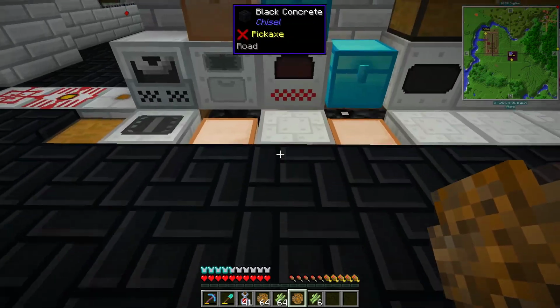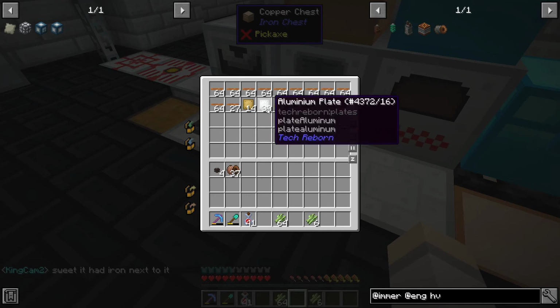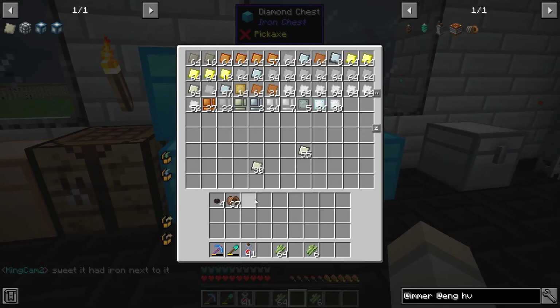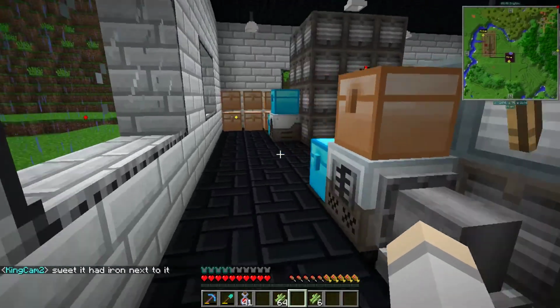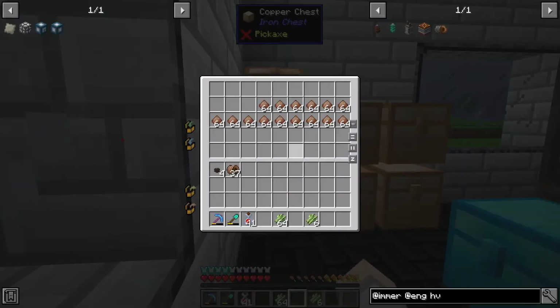Okay, so let's go ahead and get rid of this. We'll just throw this in here. Goes in the auto squeezer. I made aluminum plates. I mean, we've been making aluminum for a while. Nothing new there. Making the aluminum plates was kind of special, I guess. I don't know. But, my blast furnace has been going through this, and we've been going through all the materials